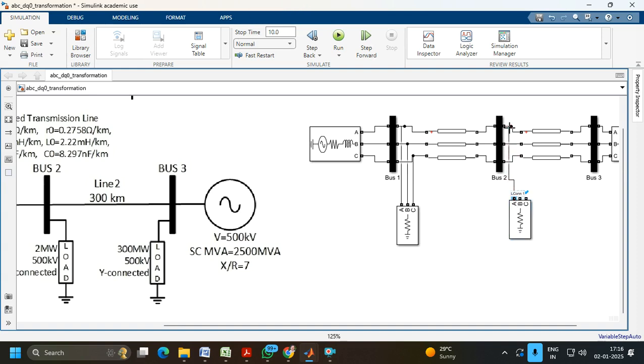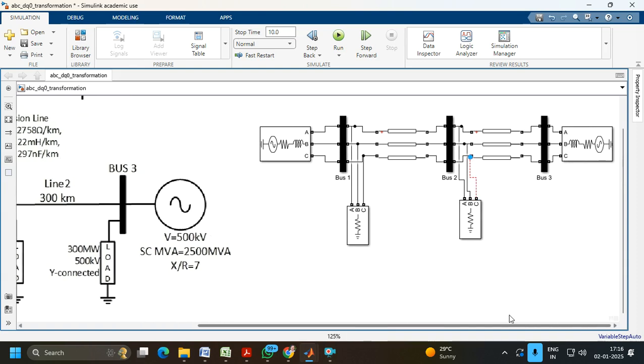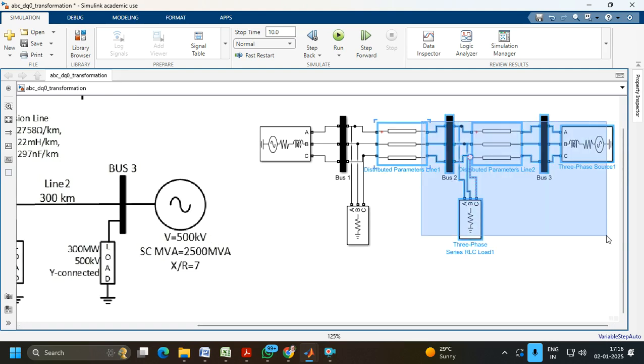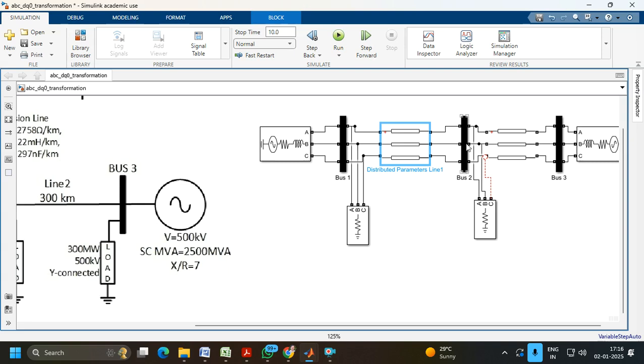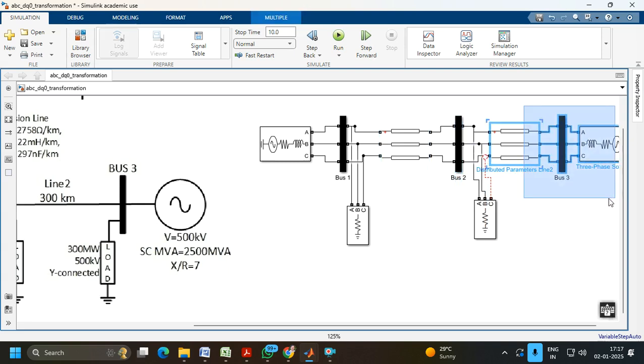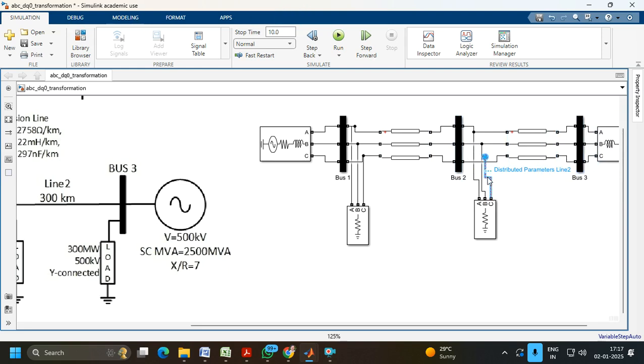In the second load there is only one change, that is the load is of 2 megawatt. So I have connected these 3 loads in this system. Okay, if it is not connecting, just move the diagram. I want to move this. Okay, so